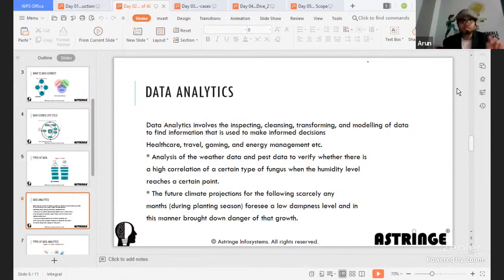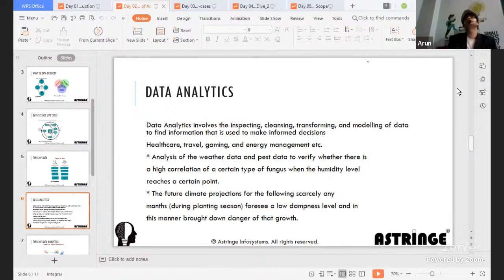Take any of the industries, whether healthcare, travel, gaming, energy management, or many others, you would definitely need descriptive analytics. What do I mean by that? You at least need to know, based on the data, whether the business is performing up to the mark, whether it is able to sustain, whether it is generating profits, or whether it is going into loss. All those things you can measure. That's called metrics, so you can use it for descriptive analytics.